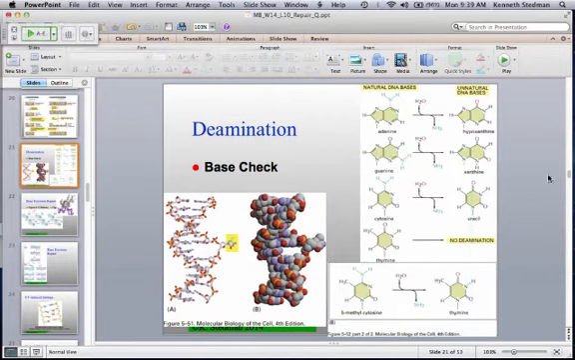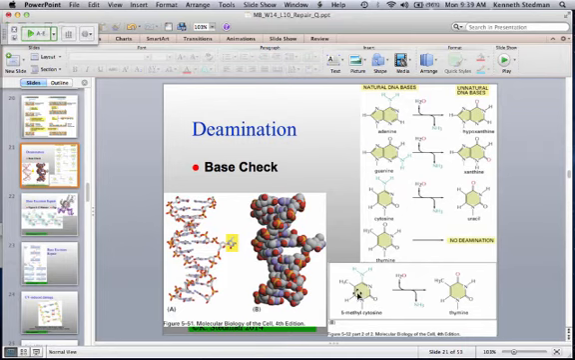Cytosine deamination gives you uracil, but other deaminations also take place. Adenine goes to hypoxanthine, guanine goes to xanthine. I don't expect you to remember these names, but you get other kinds of deamination that take place. None of these are natural DNA bases. On the other hand,